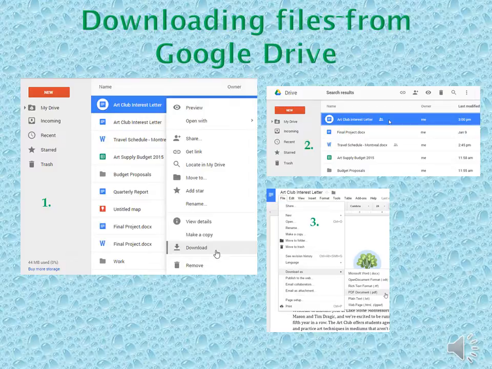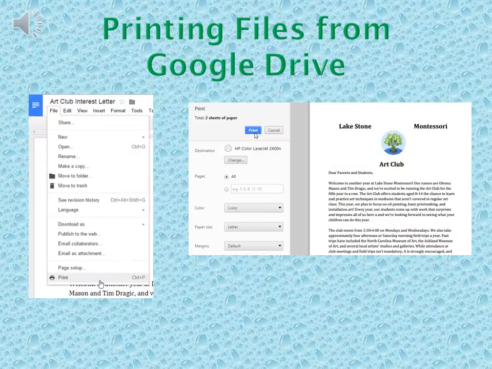The file will appear in a new tab. You're going to select File, and you see that in picture 3. Download As, then choose the desired file type. In this example, we're going to choose the PDF document. So you can clearly see how you're going to be able to download those files from the drive. So go ahead and give that a try right now. And next we're going to talk about printing those documents.